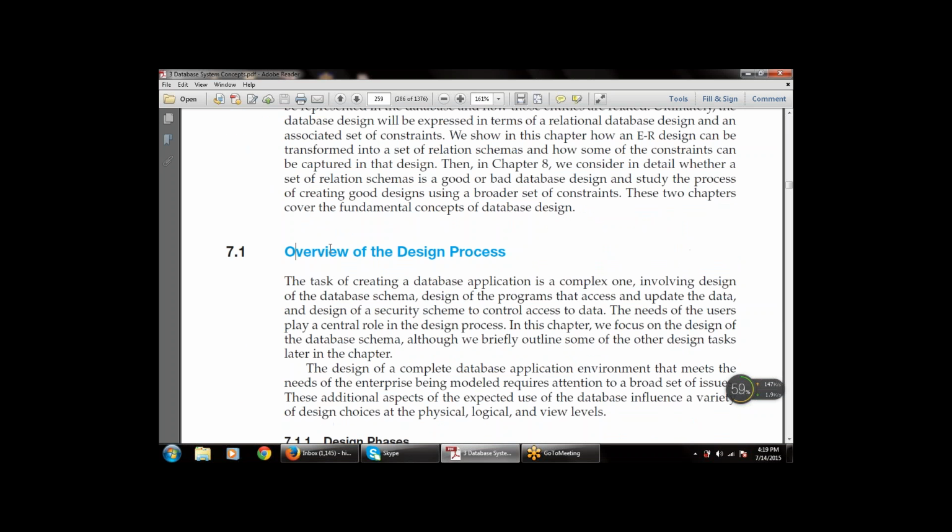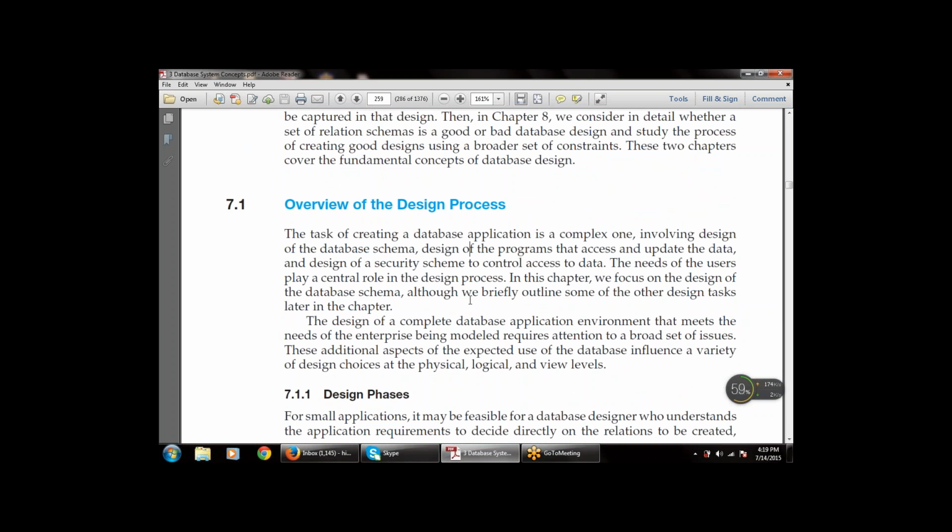So 7.1 is the overview of the design process, that is, what is the design process and what are the various steps involved in the design process. The task of creating a database application is a complex one. Whenever we create a database application, it involves the design of the database